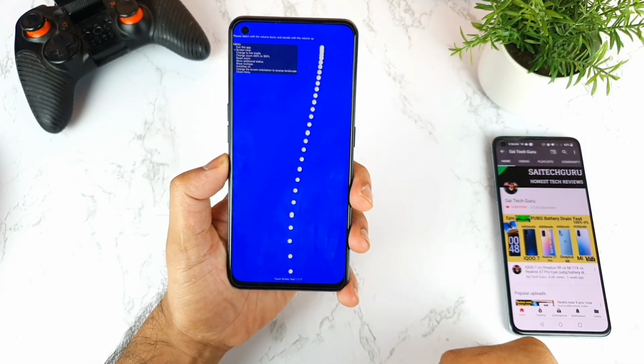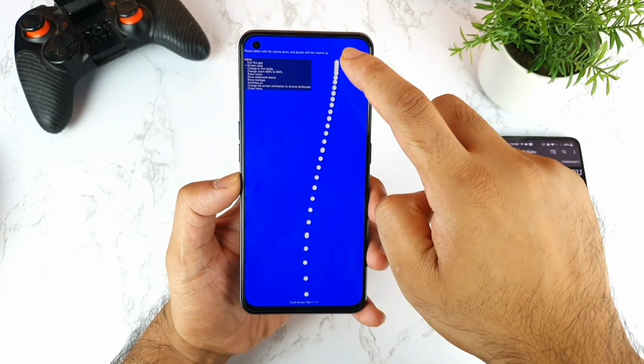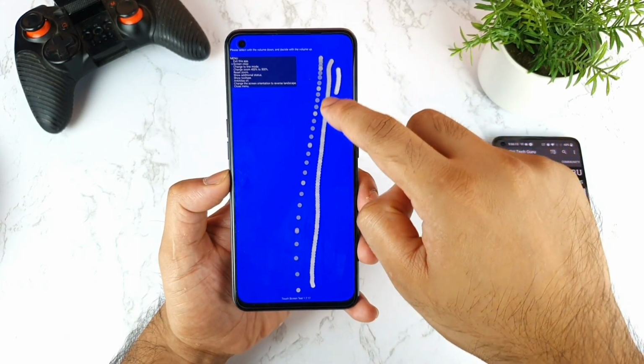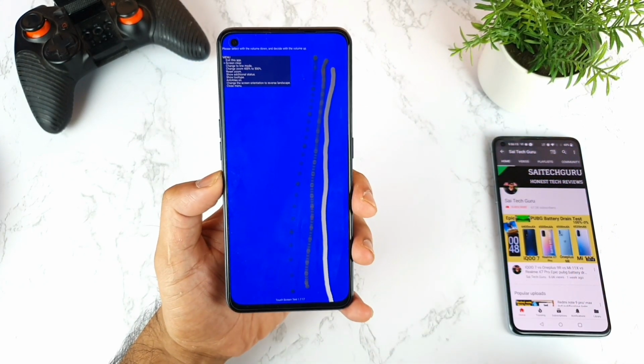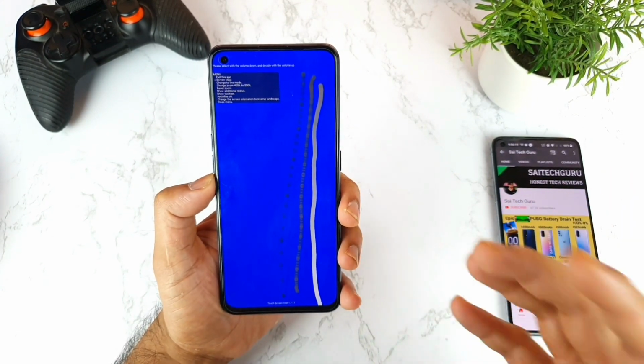Let me do it at the slow speed. As you can see, at the slow speed it's detecting touches little by little, not much. Let me do it at medium speed. So medium speed and slow speed. As you can see the difference. I'll try to compare this with other smartphones. If you want me to do that, definitely I can.